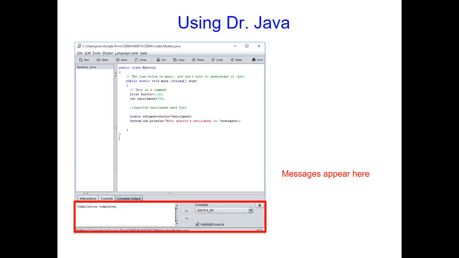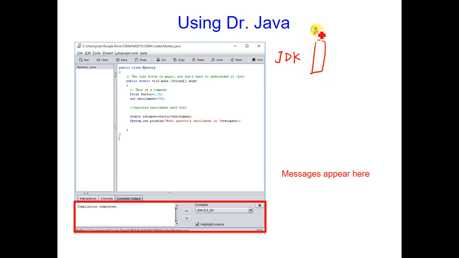This is our programming environment, Dr. Java. Dr. Java is freely available. You can download it. I think people already started to discuss how to set it up. If you have a Windows machine, I think the setup is slightly easier. But if you have a Mac, for some of you, you may have issues with JDK and etc. One thing you should know is JDK is basically the Java Development Kit. It stays behind Dr. Java.